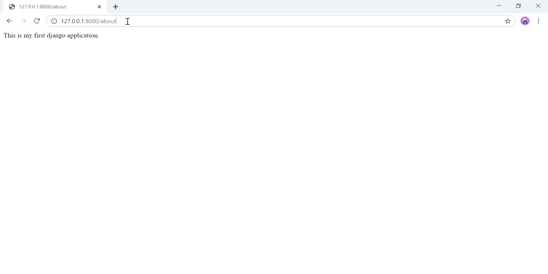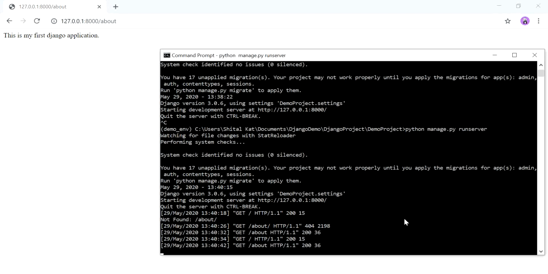And with this we are done with our first Django project. A few things I wanted to share with you. When you create a virtual environment, the environment is for your system only. If you copy this project to another system, this environment won't work on the other system. You have to create a new environment on that system and then install all the libraries that are necessary to